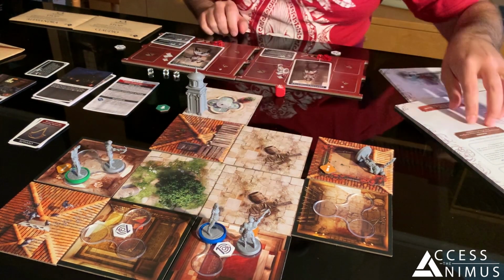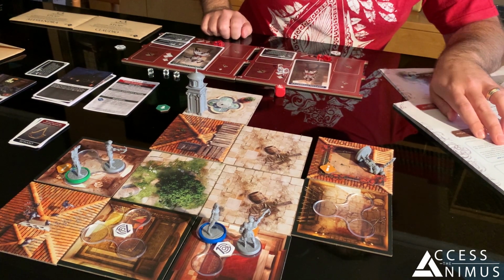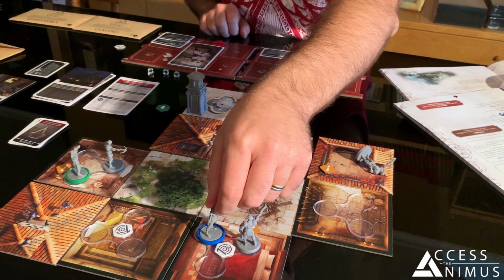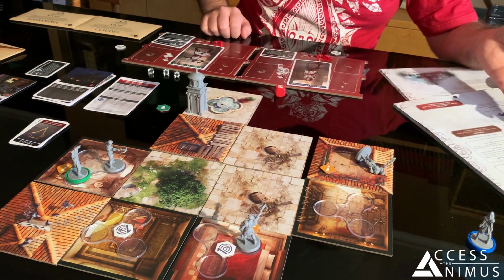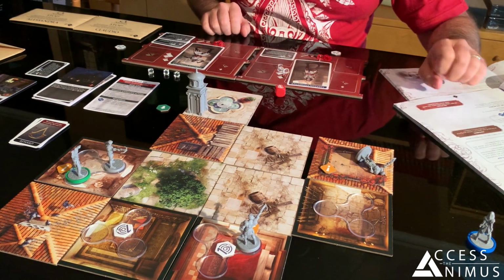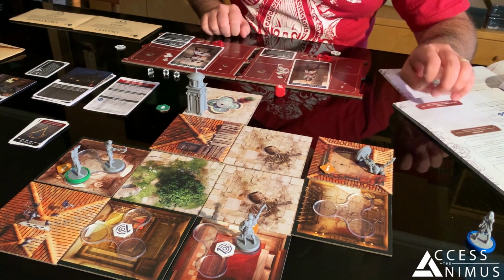So this says that if a guard finds the assassin apprentice, the apprentice is taken off. It's like they are taken to a prison, and so the remaining assassin apprentices must complete the memory without them. Isn't it nice for a tutorial mission to already be